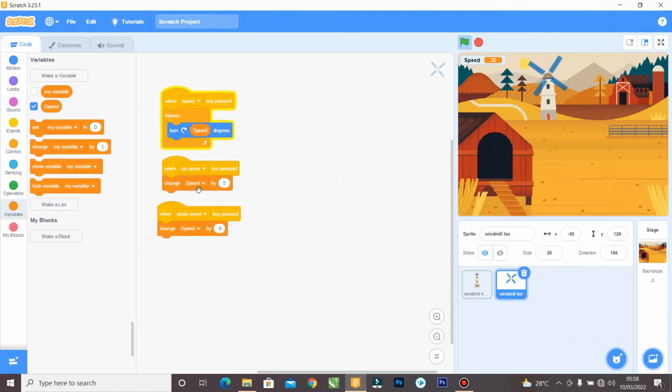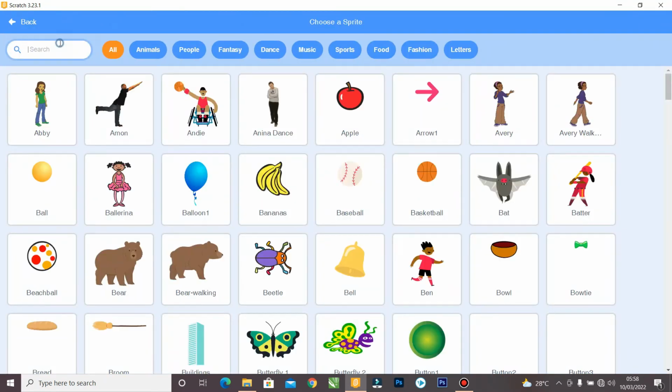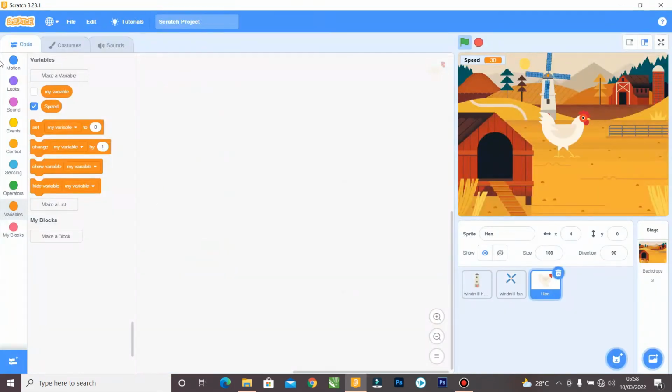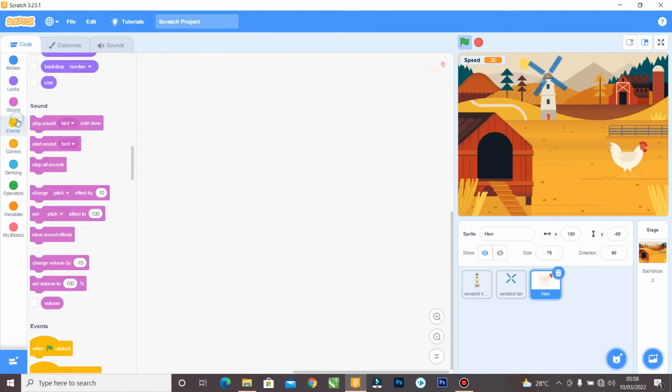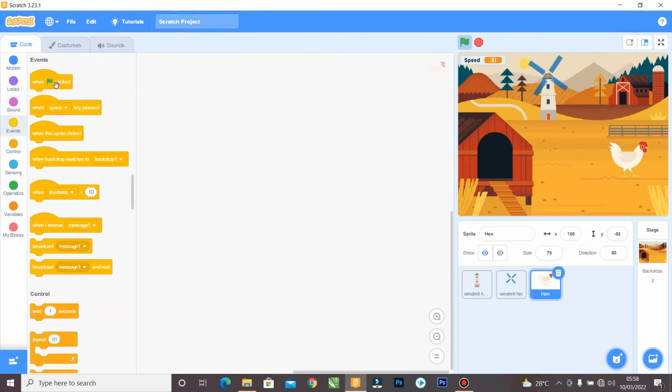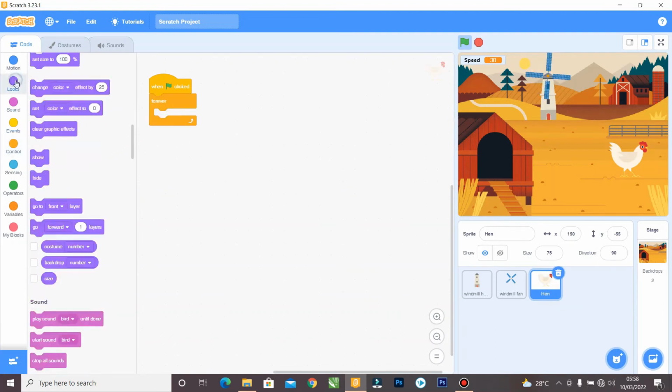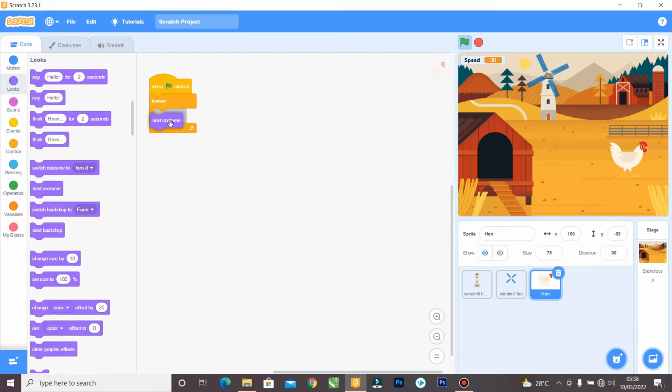Alright, so what we want to add now is some other sprites to give it life. We want to give the farm life. So choose the sprite and select this N, and I'll position it right here and reduce it by say 75. So we want to code the N to give it motion, to animate it. We'll say when the green flag is clicked, put it in a forever loop where you change it to next costume, and then wait